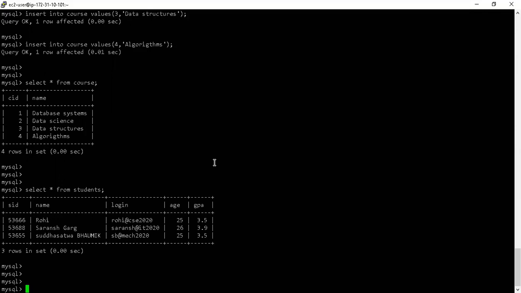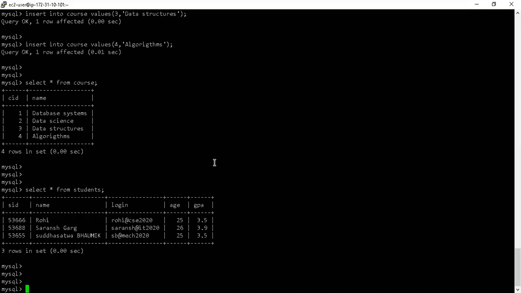I see I have 5 columns over here. Maybe for my data analysis, later on, this is going to prove very useful when we do machine learning. The ID field does not mean anything for anybody. For example, in this table, I see that Sarang's age is 26, GPA 3.9, and he has a student ID 53688.